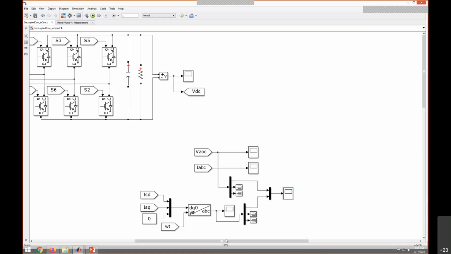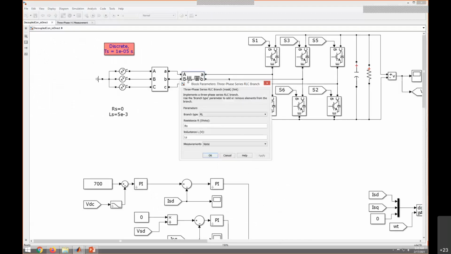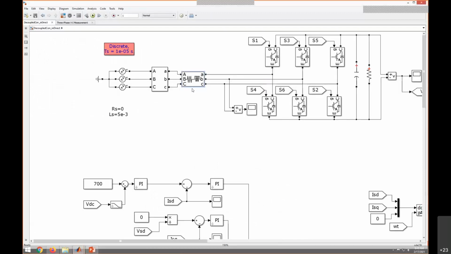When compared to the direct control, the drawback is its accuracy depends on the variables, that is, how you are measuring the voltage and how accurately you are representing this LS and RS. So these are very important, right? We need to accurately mention these two things. Instead of this, if you connect a transformer, in that case it is difficult, because in a transformer there are a lot of other parameters, so that also depends. Therefore this accuracy will be slightly reduced.